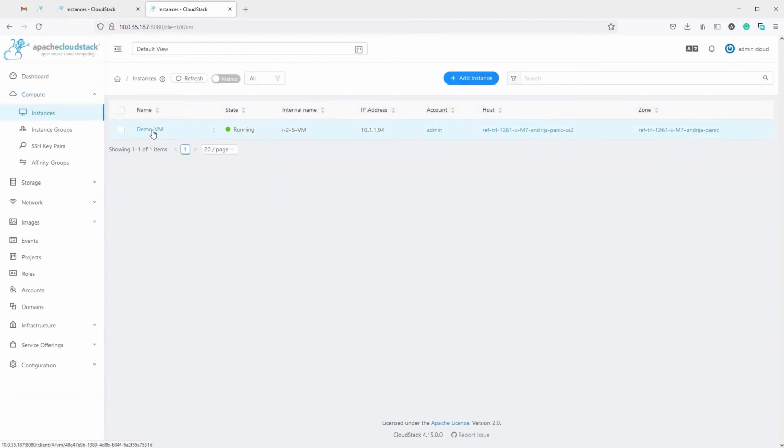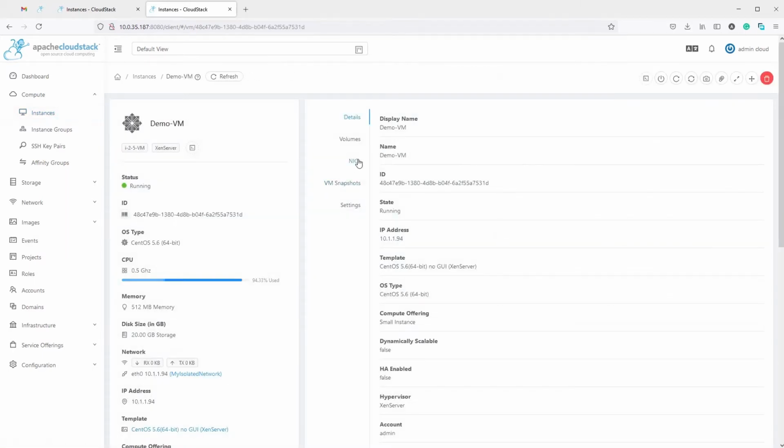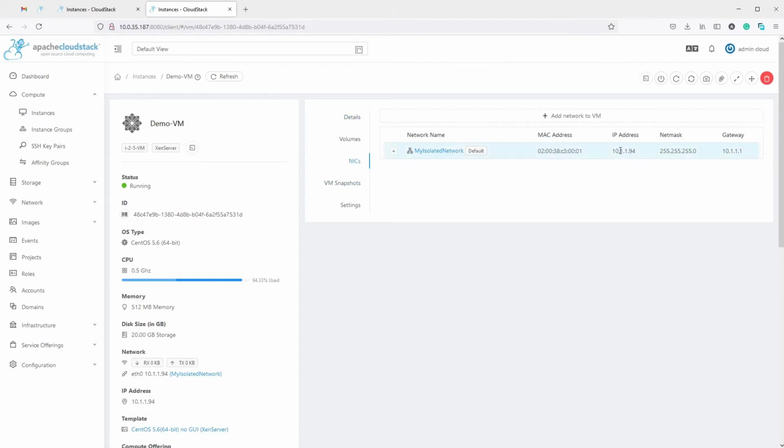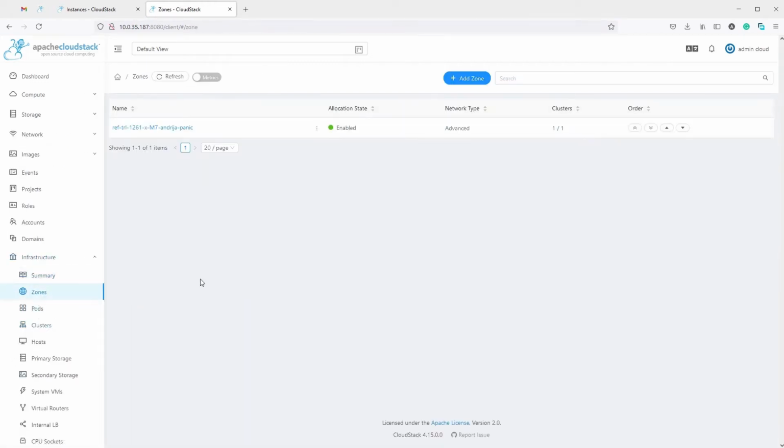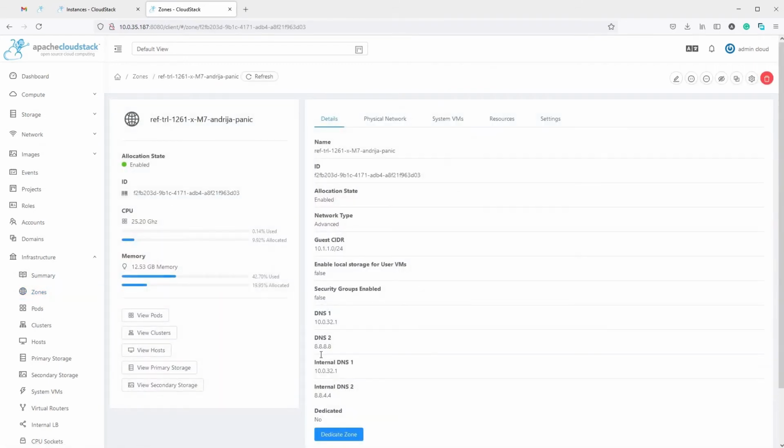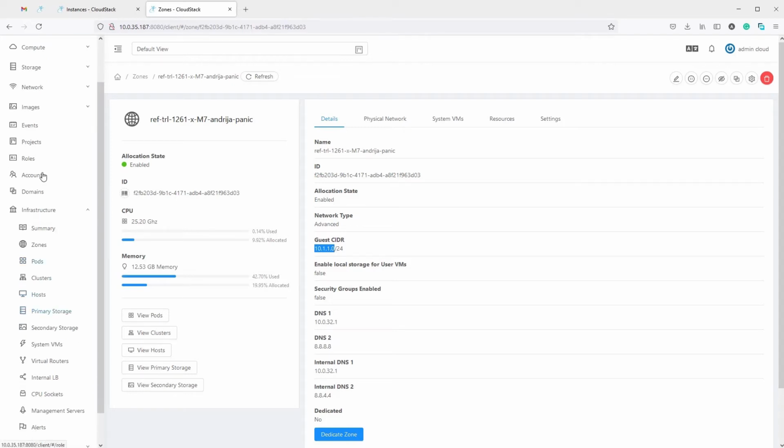Good. If I go to my demo VM, I will see it got the IP address 10.11.94, which you can also observe if you go to the NICs. It's 10.11.94. The gateway is the lowest IP of that range. And again, this is because, as I said, we are inheriting the zone level default setting of 10.11.0/24, so the very first IP, 10.1.1, is assigned to the router, and then basically a random IP is assigned